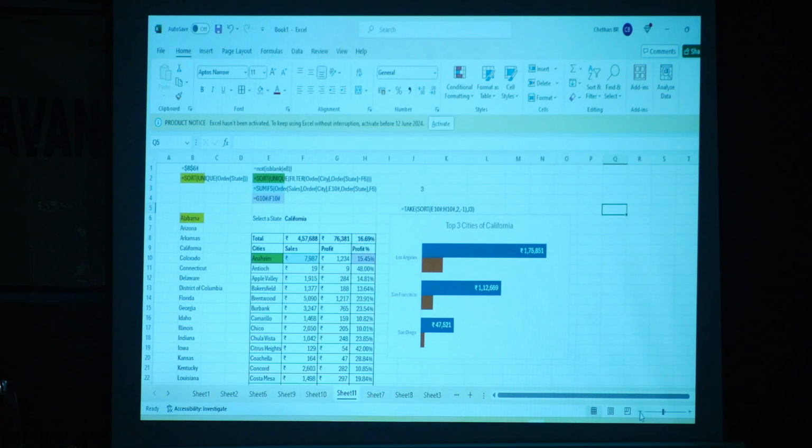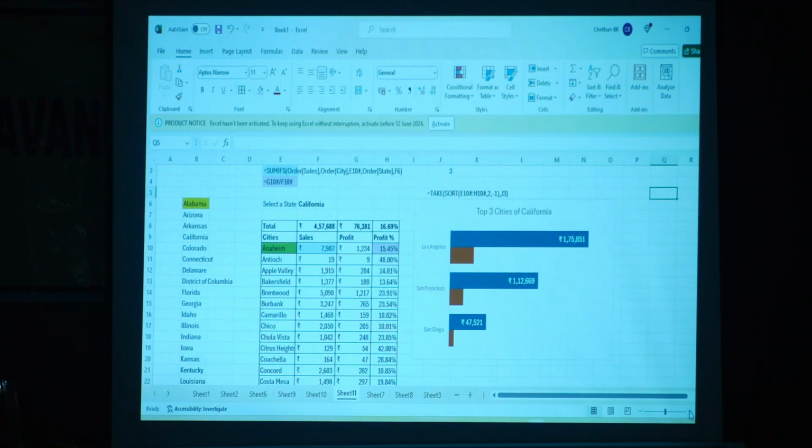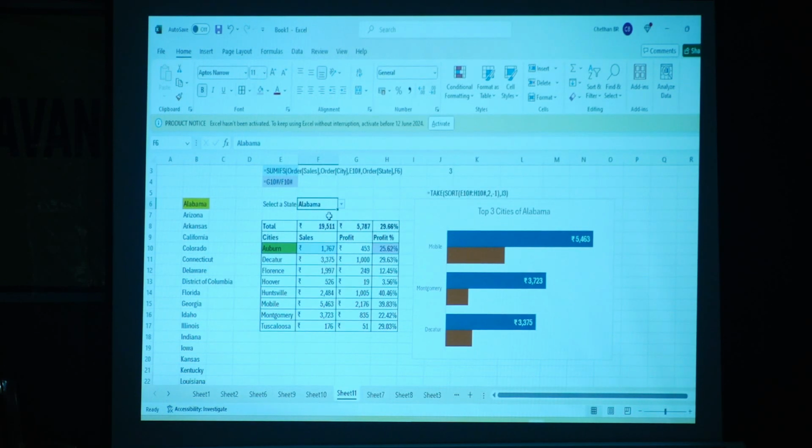I have created a very simple report where we see city-wise sales and profit. Suppose someone modifies California to Arizona or Alabama, they will see it like this. Okay, suppose I want to make a star rating of the